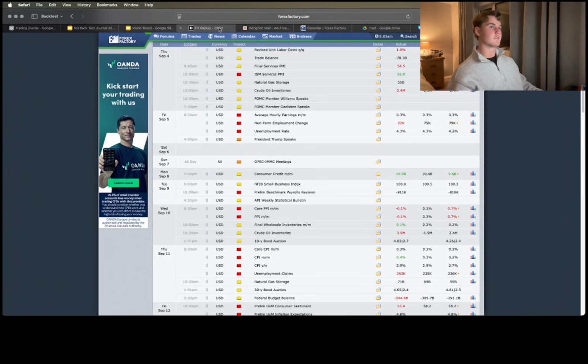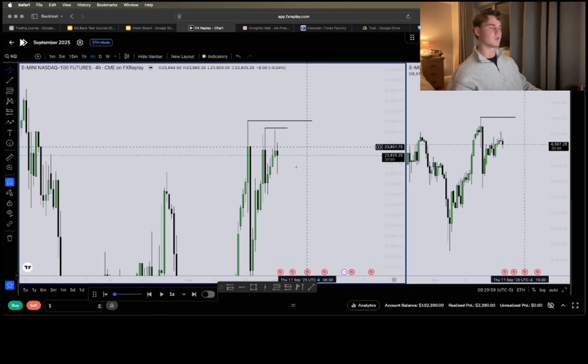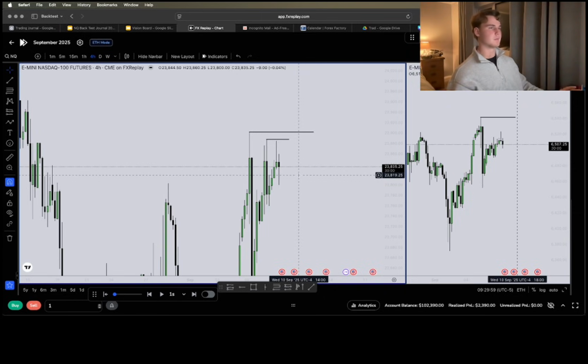Tuesday the 9th, we do have 10 AM news. So again, what's the protocol? We could chop towards 10 AM, then 10 AM manipulate, displace to the drawn liquidity. Now, I don't know if that's going to happen, but we're going to see. Anyway,